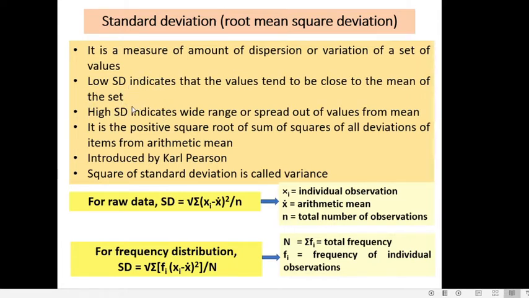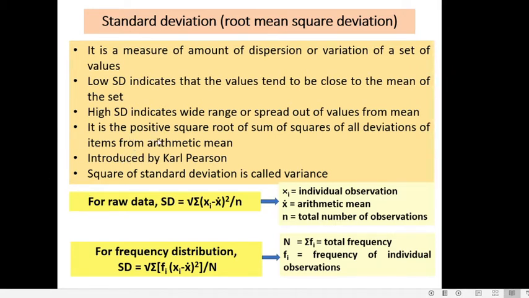Standard deviation indicates the measure of dispersion of each value from the mean. If there is a low standard deviation, it indicates that all the values or all the observations tend to be closer to the average. Whereas, if the standard deviation is high, it indicates that the observations we got in the study spread out in a wider range and deviate more from the mean. So, a lower standard deviation indicates that most of the values are closer to the mean or the average. And then how is it calculated?